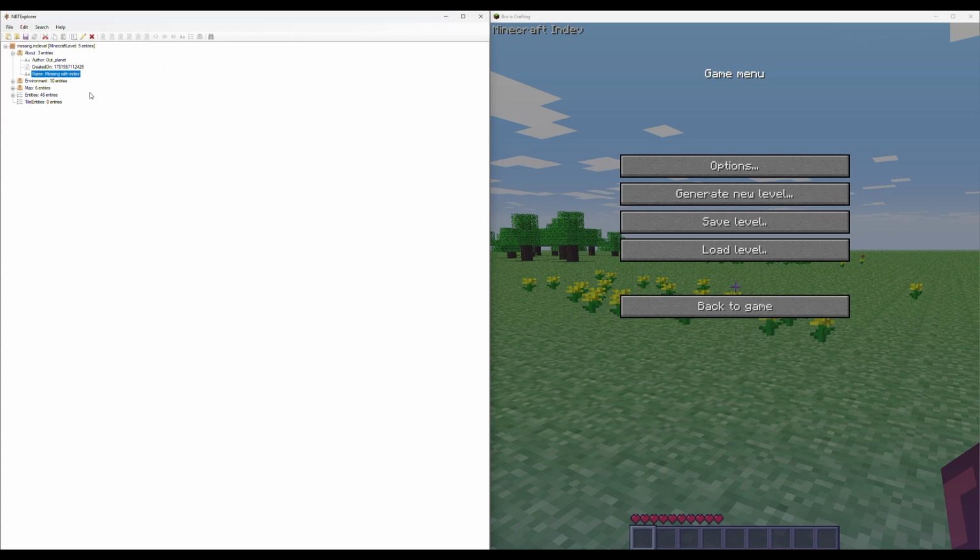Okay. So after the About section, there's the Environment section. Now, this section controls basic things about the world. Like, for example, this first one, cloud color. Now, this number represents, well, the color of the cloud on a scale of green to pink, right? So if I make this some absurdly large number, like 2 billion,